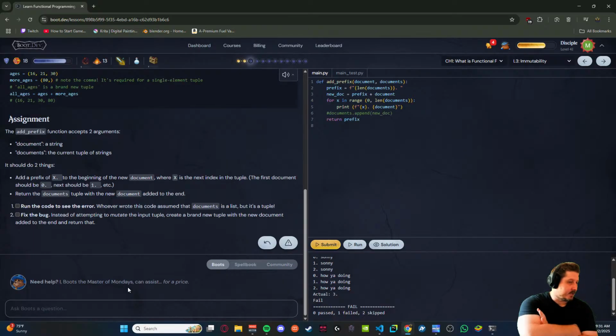So documents is a list, but it's a tuple. Fix the bug. Instead of attempting to mutate the input tuple, create a brand new tuple with the new document added to the end and return that.